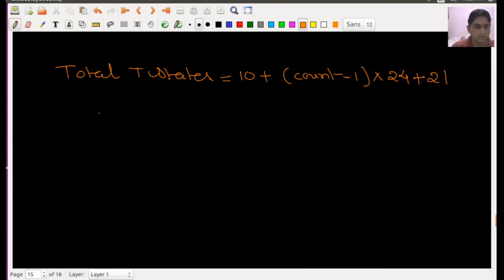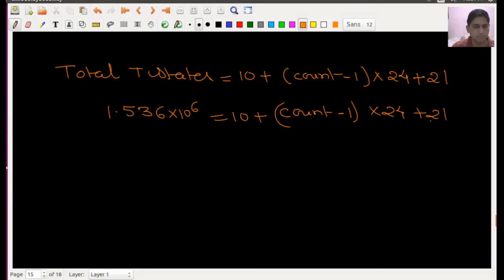So approximately if I calculate here, 1.536 into 10 to the power 6 equals 10 plus count minus 1 into 24 plus 21.